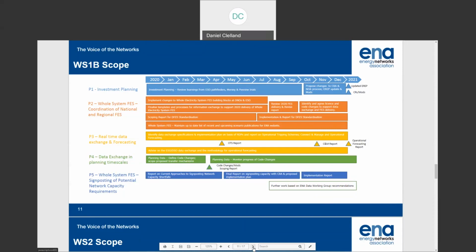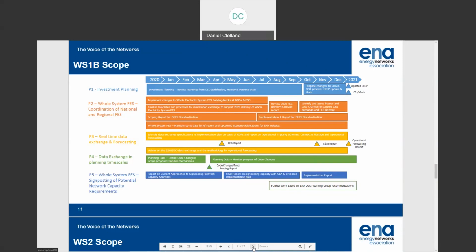So I can't give firm timelines for implementation, but what we can do is define the recommendations and how we're going to take that forward and then reflect implementation planning activities from there. So I wanted to particularly pick out the DFES standardization as a new body of work that we've put in the PID for this year.